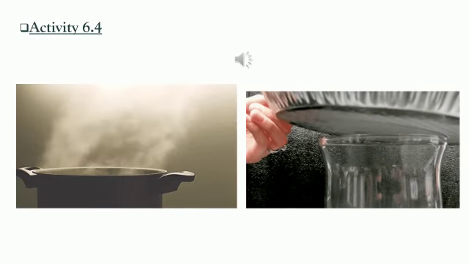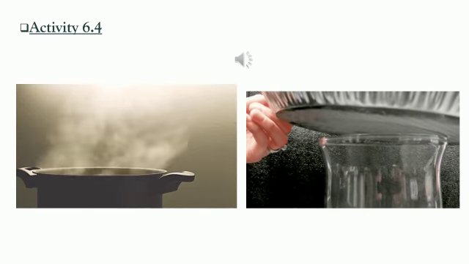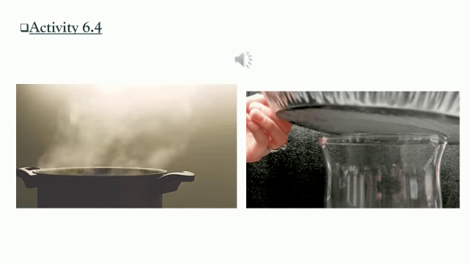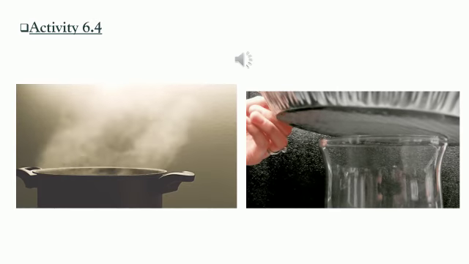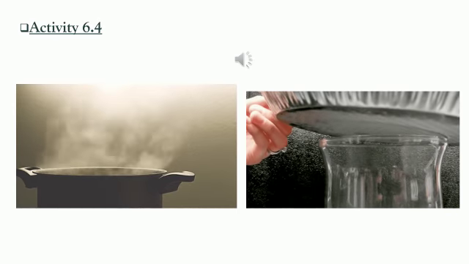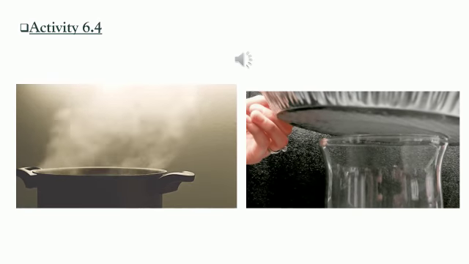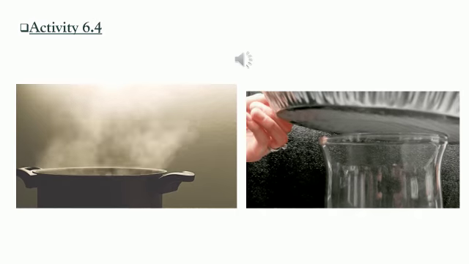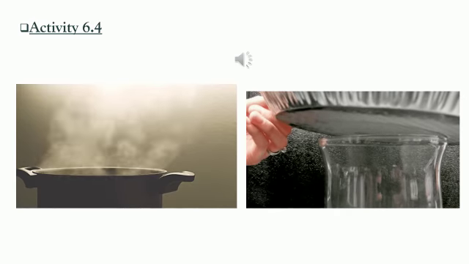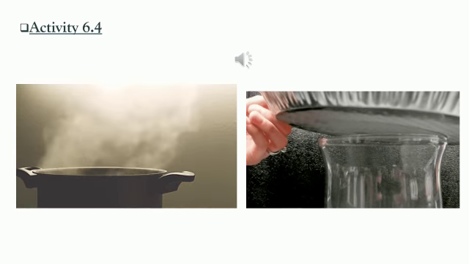So children, next activity is something everyone has come across, experienced. If I explain, you'll get to know. So boil some water in a container, and while boiling we can see that once it reaches the temperature 100 degrees Celsius, it converts to steam, right? So you observe steam rising from the surface of water. So now what you need to do is hold an inverted pan by its handle over the steam at some distance from the boiling water. Now you need to observe the inner surface of the pan.